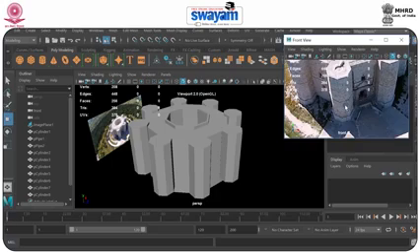So for adding such kind of detail, we should switch this one model into the poly model. So in poly modeling, when we work, we have several options available to modify our model. For example, we have an extrude option, we have a bevel option, we have the chamfer option, we have a multi-cut tool. So in the next module, we will learn about the polygon engineering process, how you can efficiently execute any model within Maya software in the right manner.